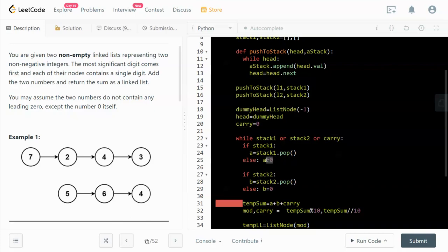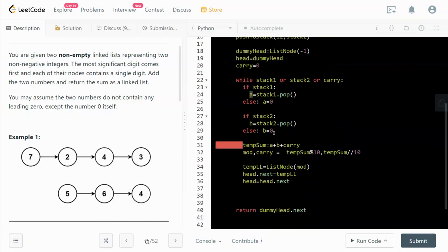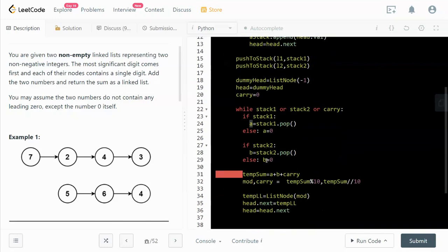we assign the number from stack 1 to A. If there's something in stack 1, we pop it off and assign it to A, otherwise it's just 0. If there's nothing in stack 1, the number will be 0. Do the same thing for stack 2, and assign the number to B. So we have the temporary sum, which is A plus B plus the carry from the prior calculation. For example, the first temp sum will be 7, because 3 plus 4,